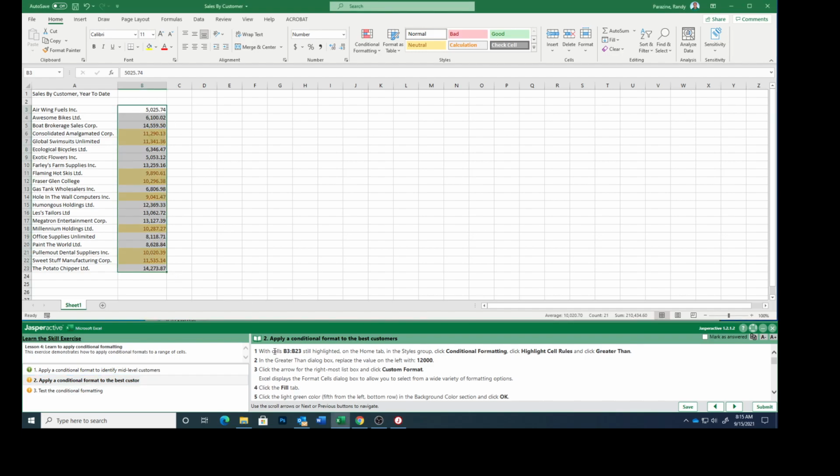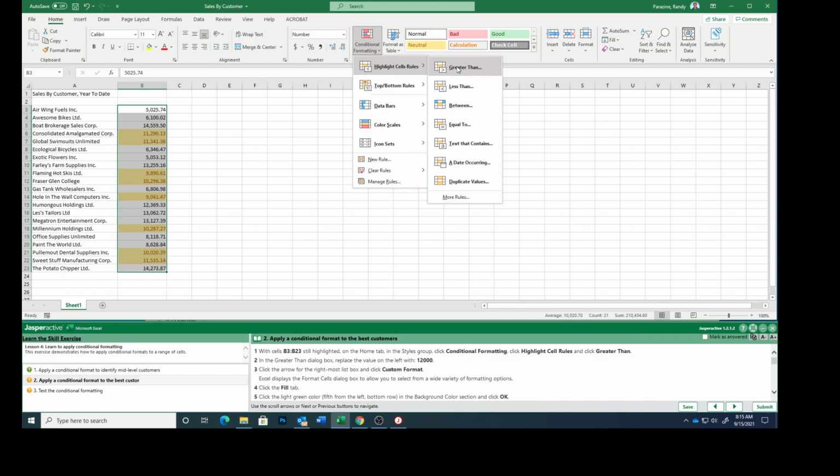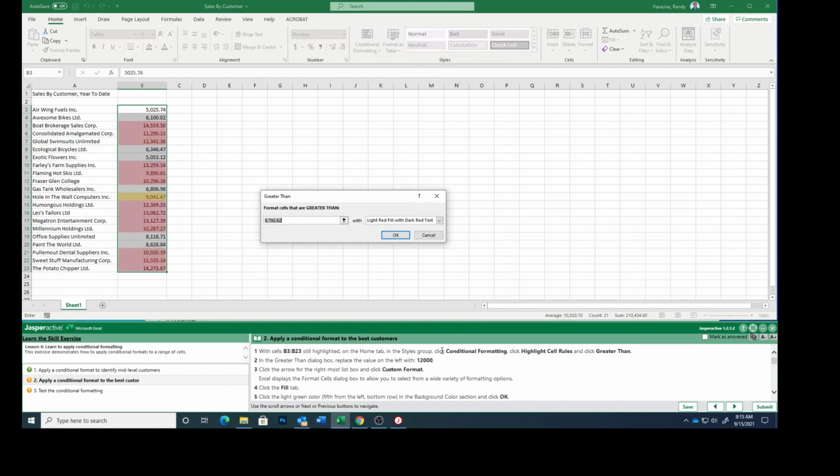With those cells still highlighted, on the Home tab in the Styles group, click Conditional Formatting again, Highlight Cells Rules, and then click Greater Than. In the Greater Than dialog box, replace the value on the left with 12,000, because that's what we want to know. Click the arrow for the rightmost list box and click